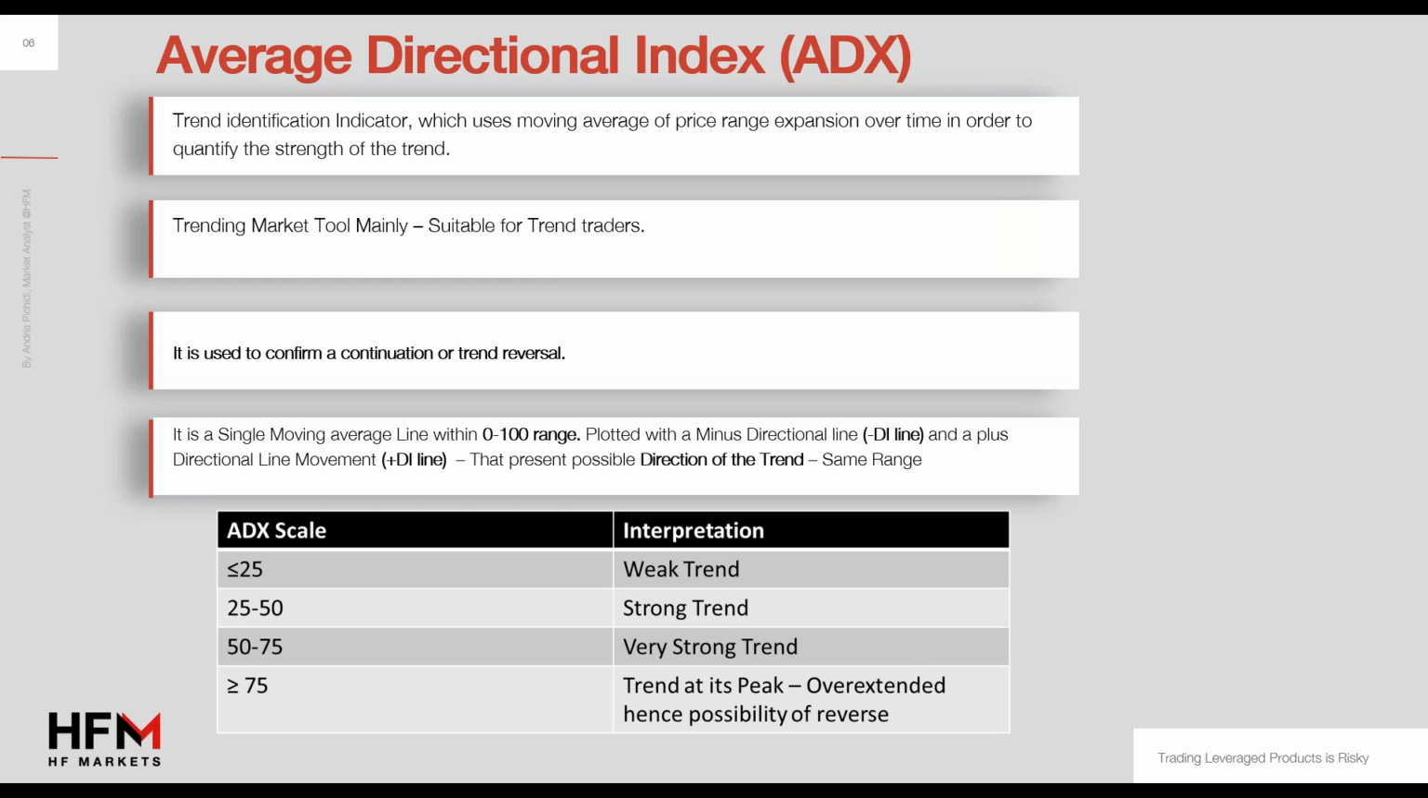So I mentioned that it is composed of 3 lines, right? Let's start with the simple ones, the red and the green. The red stands for the minus directional line, and the green one stands for the plus directional line movement. So basically, these 2 lines are determined